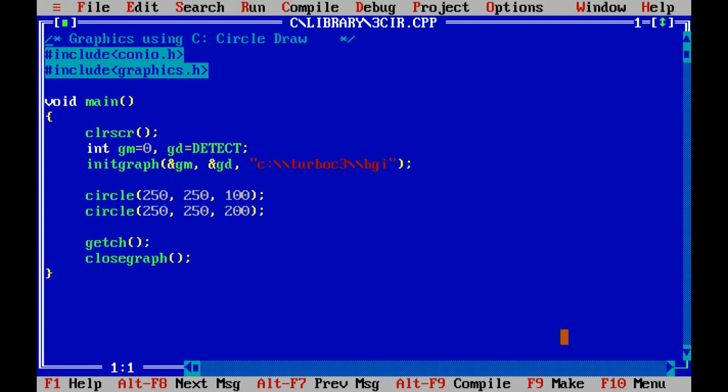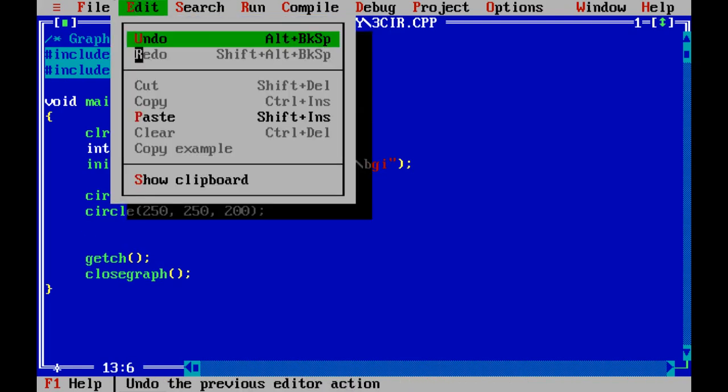Okay. If we wish to draw another circle in a different position, we have to change the center. Now I draw another circle in another position.